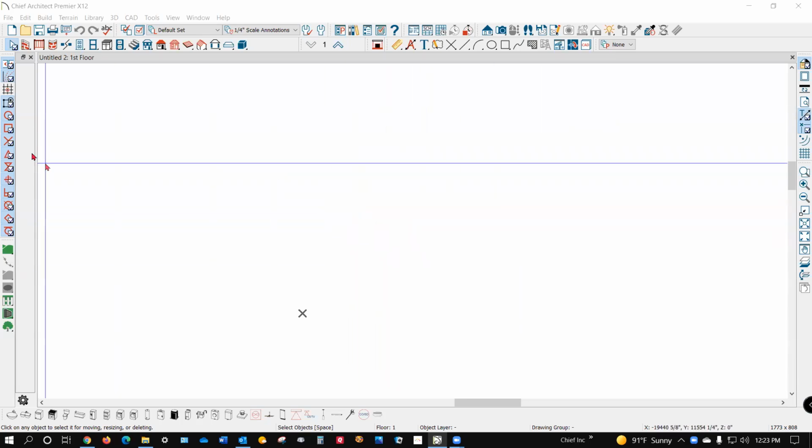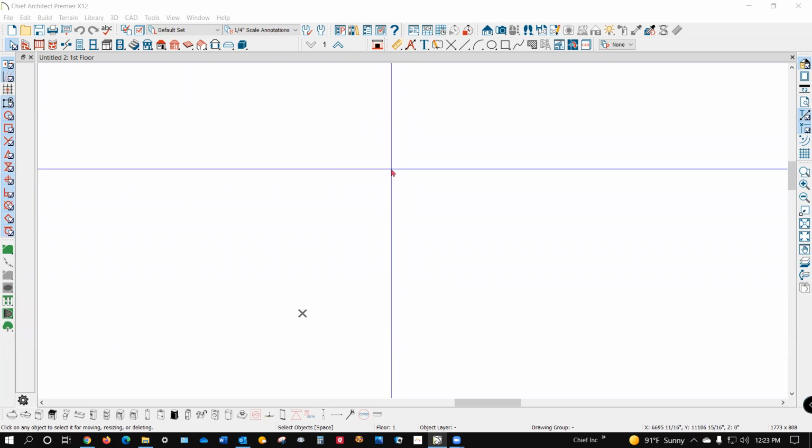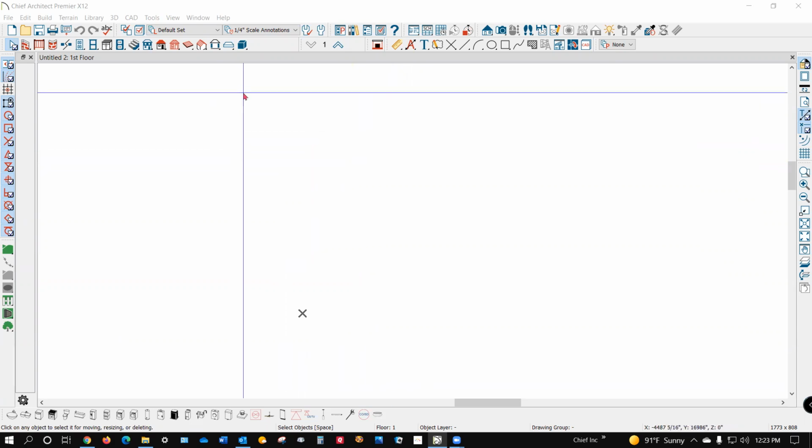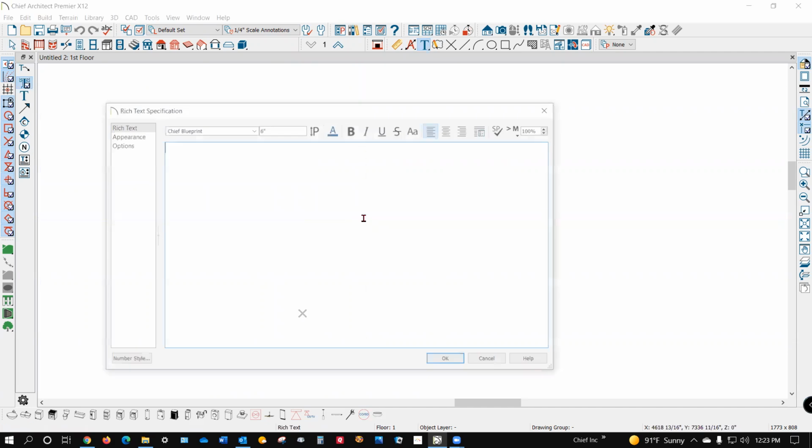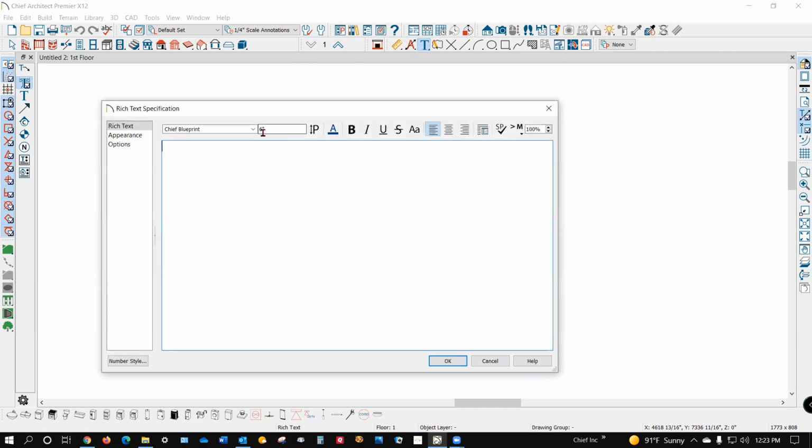Right. Yeah, I'm using Chief Architect X12 Premier, but the text is programmed the same in Architectural Suite, Ozona Pro, and Chief Premier, and so forth. So if you want to go to rich text, I've got my default set at 6 inches,